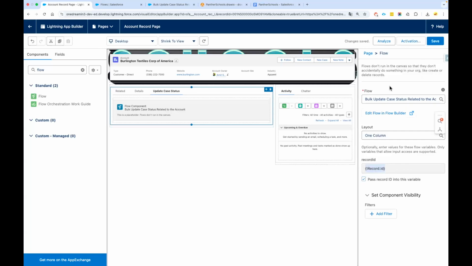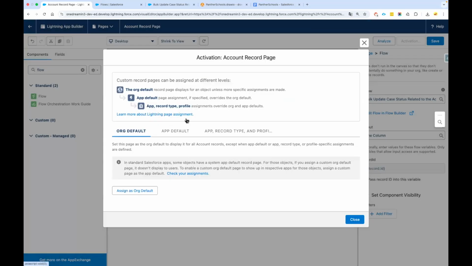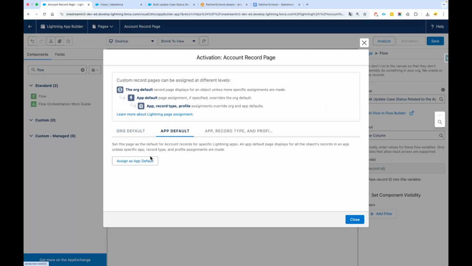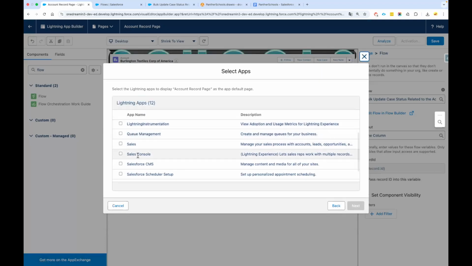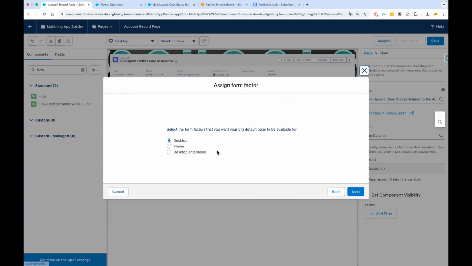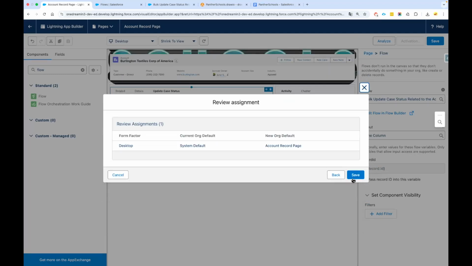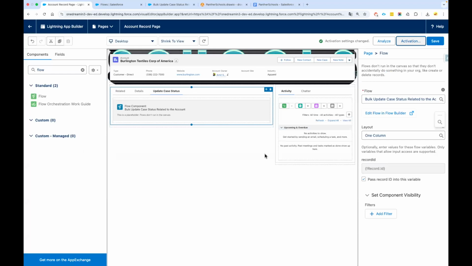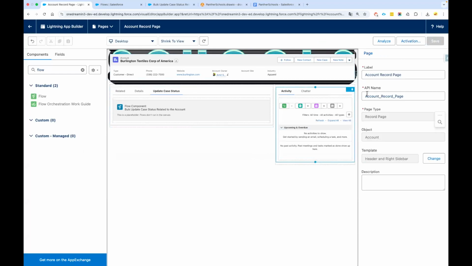Now go ahead and click on save. If it is asking to activate the page, please go ahead and activate it. Depending on your need, do you want to make it the org default? Do you want to make it the app default, like for sales console or for service console only? I'm going to make it the org default because I don't want to make it more complex, and I don't have any other user in my org. After activating it and assigning it to the correct application or configuration, go back to your lightning record page,